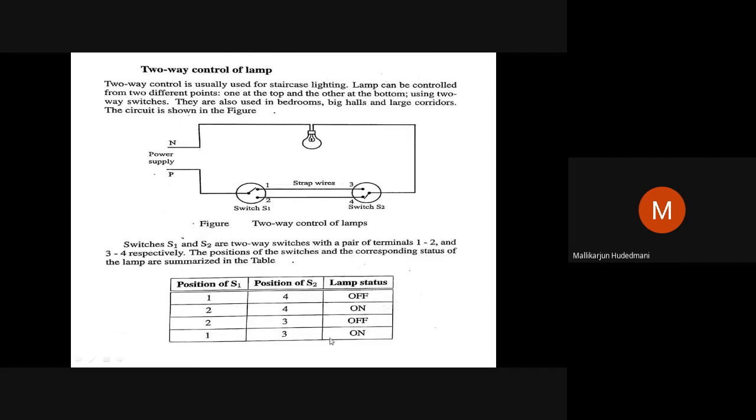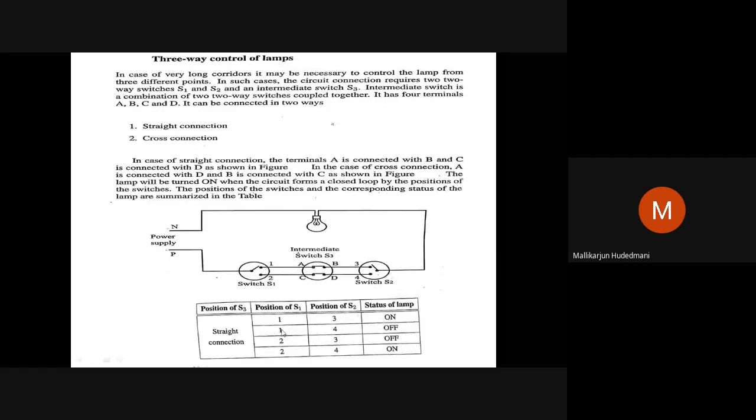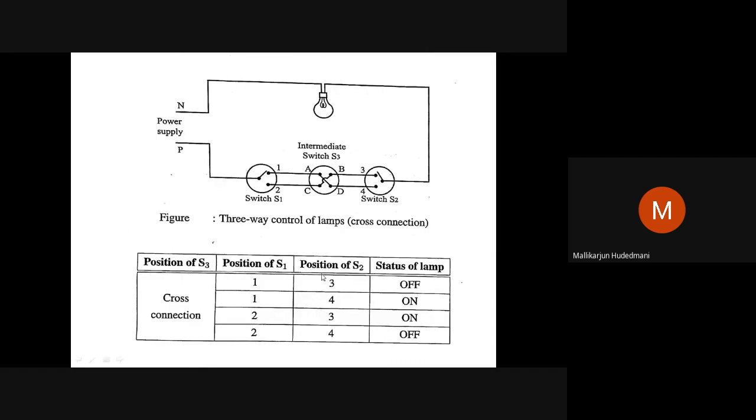If I hit this back to 1, or take it back to the other side, it goes to off. So with the intermediate switch in straight mode of operation, I can operate it by the corner of the building, or I can operate the intermediate switch itself. You can see, when the intermediate switch is put at cross point, again I have 1, 3, 1 up, 3 up, it becomes disconnected.